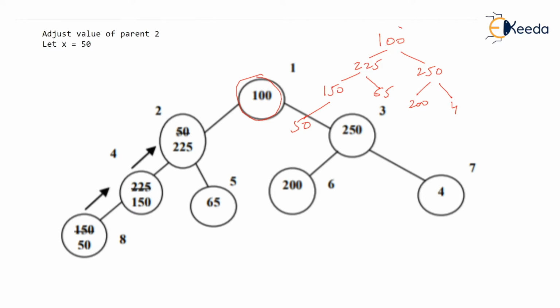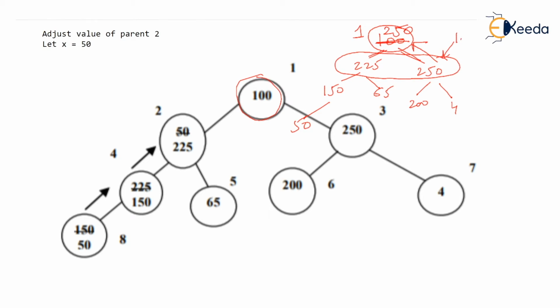And we are adjusting the first parent. Somehow we want this first node to store a value greater than both the children. And the largest child over here among these two is 250, isn't it? Now 250 is greater than 100. We know that the parent must be larger. So 250 is shifted up. Understood. Now this 100 which we have struck out can go here.